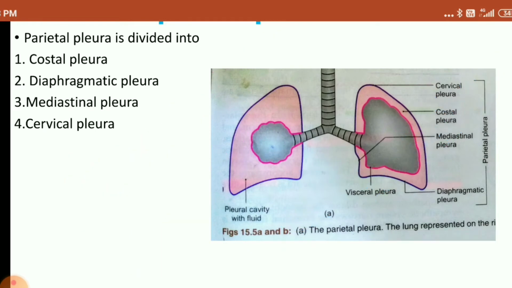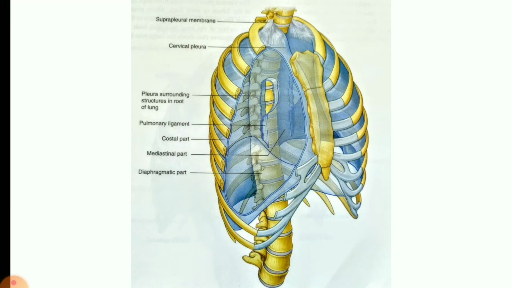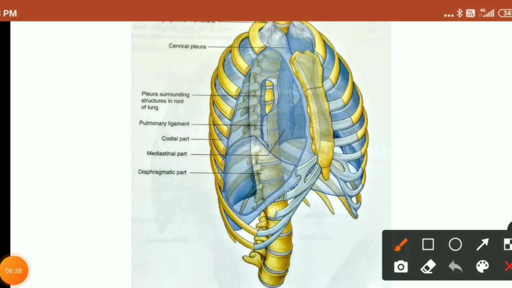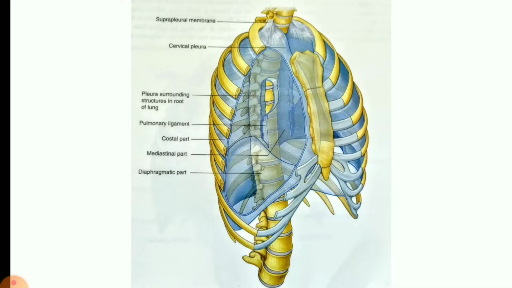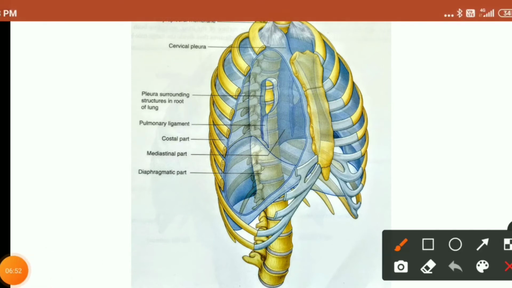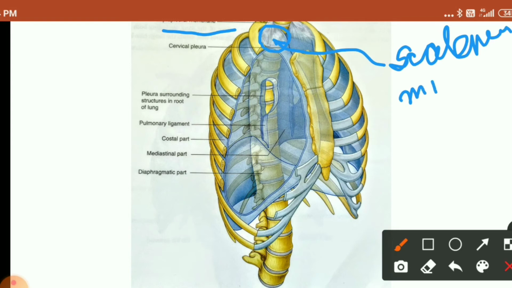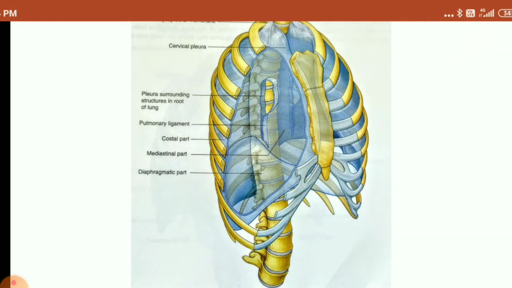So let us move to this diagram. You can clearly see here the suprapleural membrane. I think it's clear right now that this is the suprapleural membrane, and it is actually taut, covered by this suprapleural membrane. It has this muscular component which is scalenus minimus, so that it gets taut to the muscle of neck. Okay,